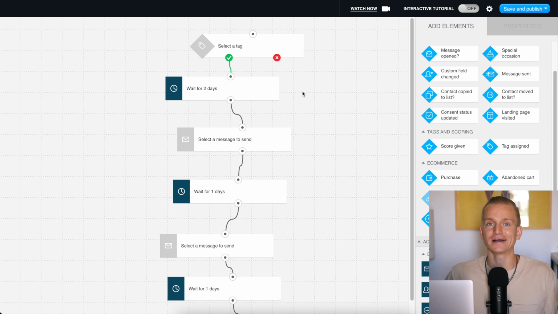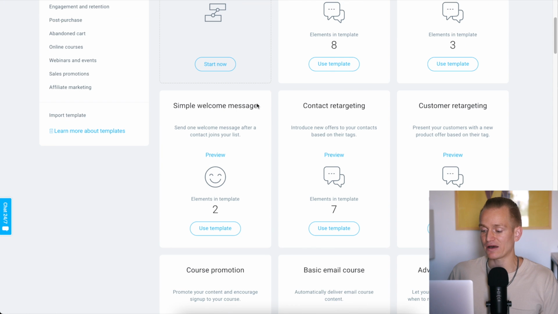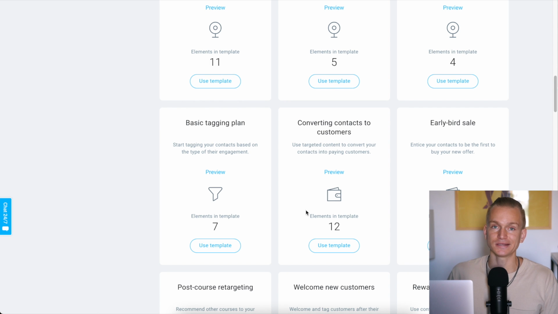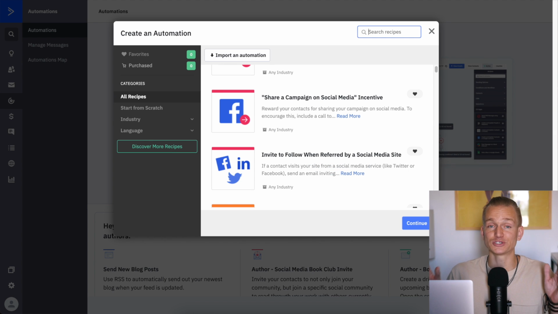So now, aside from that, you probably are thinking, okay, so which one is better, GetResponse or ActiveCampaign when it comes to automations? And honestly, there's quite a lot of different things to look into. GetResponse is pretty good when it comes to automations. If you look here, what I like as well is they do have a lot of these pre-made automations. So you can just click a button and insert this template and you don't really need to think much. But when it comes to ActiveCampaign, ActiveCampaign takes it to the next level. They are the most advanced when it comes to email automations.